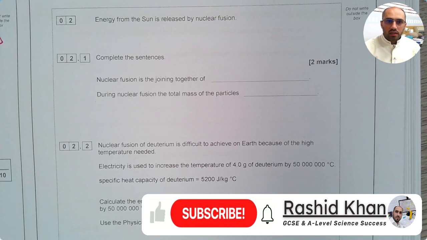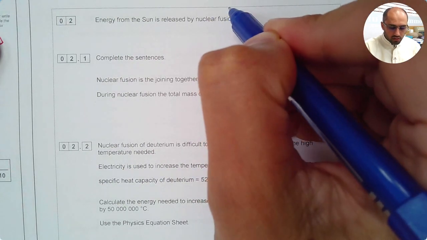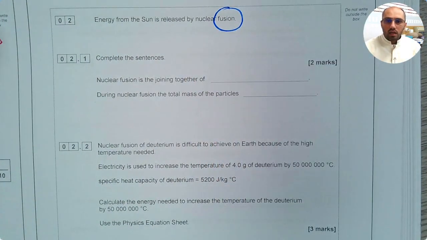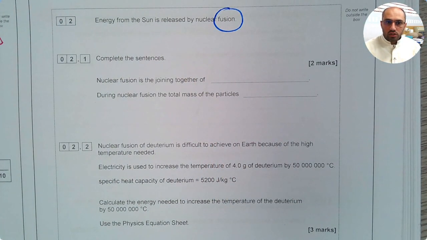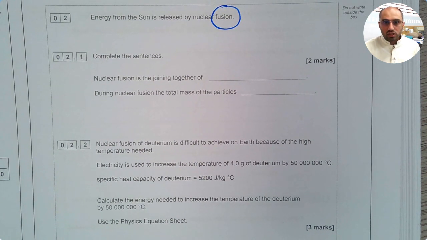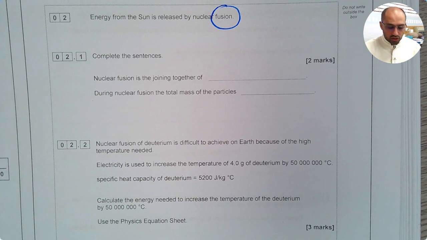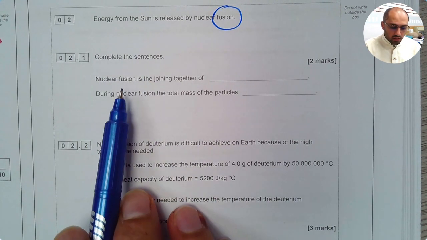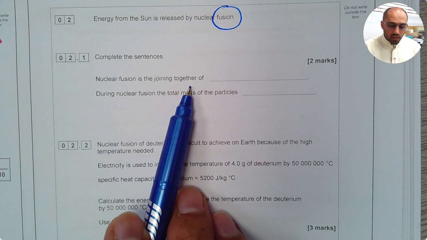Question 2. Energy from the sun is released by nuclear fusion. So remind yourself, fusion is when small nuclei join together to make a bigger nucleus, and in the process energy is released in the form of radiation. It says complete the sentence. Nuclear fusion is the joining together of